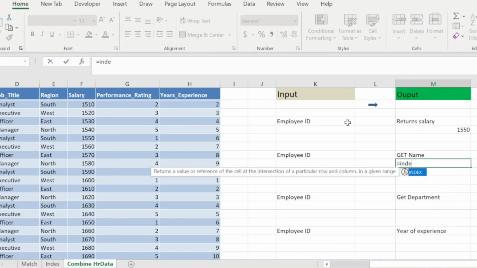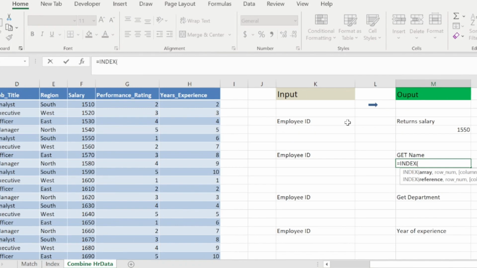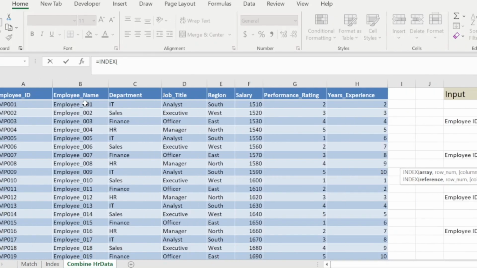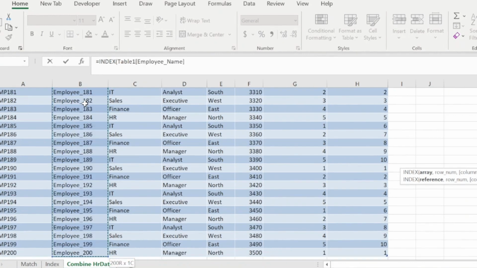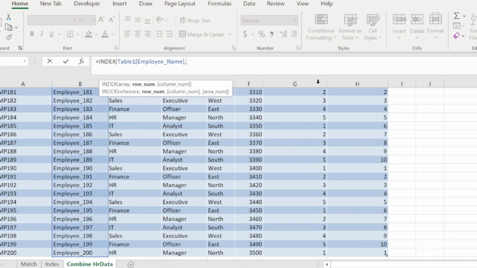So write our index, we press a tab. So the array is the what? Is the B, which is the employee name. So we are looking for the employee name. You hold your Control Shift, then you hit your down arrow button, then comma, then